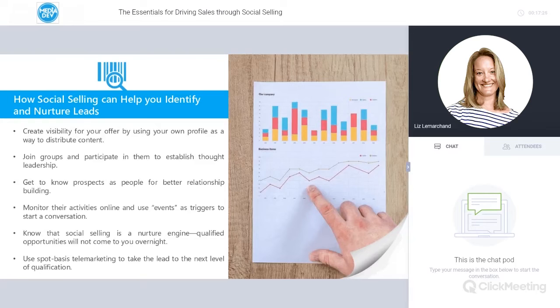The more personalized, the better. And again, getting back to social listening, reading the posts or the comments made by your prospects can be a way to get your foot in the door. "Hey, I saw that you posted an article about this topic, and I'd really be interested in talking to you further about that."